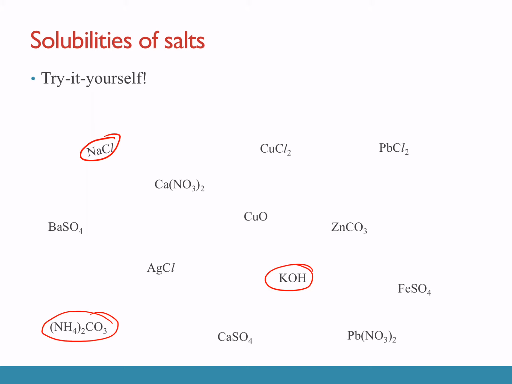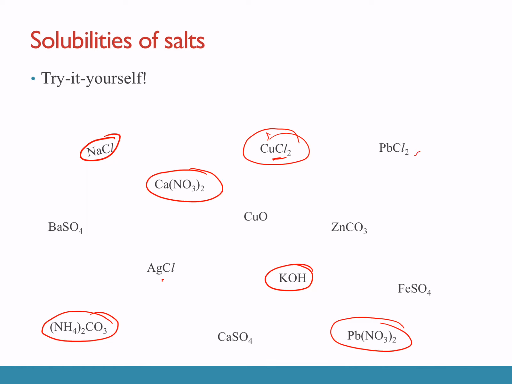Now let's look for nitrates. All nitrates are soluble. Now we need to look at it individually, case by case. Remember that your chlorides are generally soluble except for silver and lead. So since this is not silver, not lead, this is also soluble. This is lead, so this is not soluble. Any other chlorides? So this silver chloride is also insoluble. This is the example that we said.